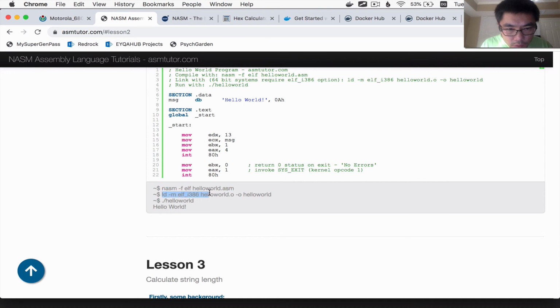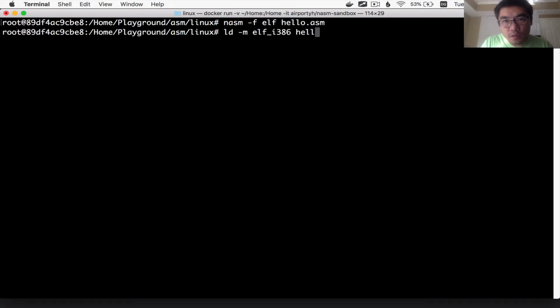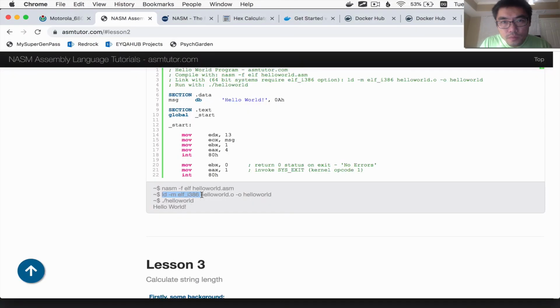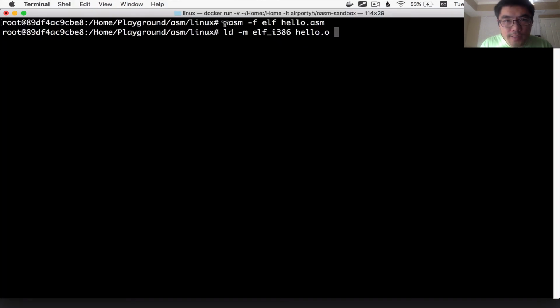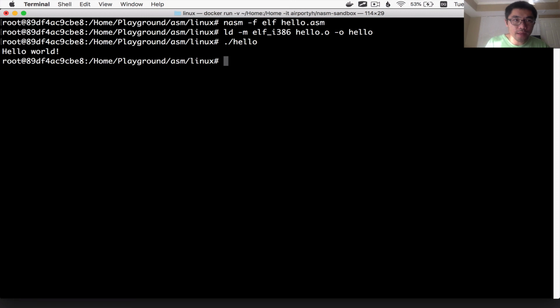And then use the ld command like so, except I have to change it to hello.o, because the first step has actually created this binary file called hello.o, which is called an object file. And then I want to output a hello executable, which will then be executable by just typing its path. So now that guy prints out hello world, and that is your hello world.